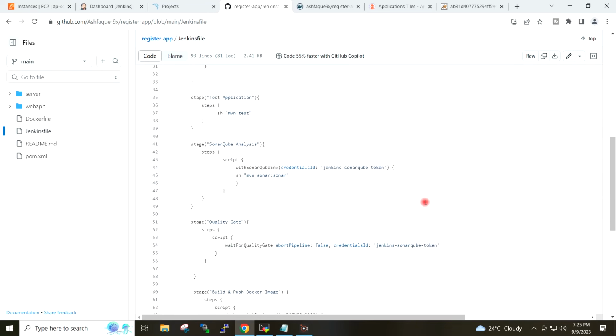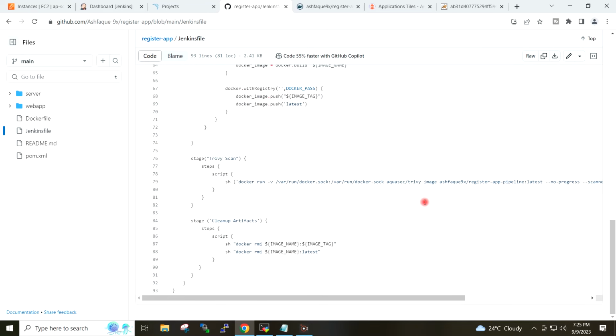Actually I need to add one more stage on my Jenkins file, and the stage name would be trigger CD pipeline. This stage will actually trigger the CD pipeline, and this would be the last stage of our pipeline script.